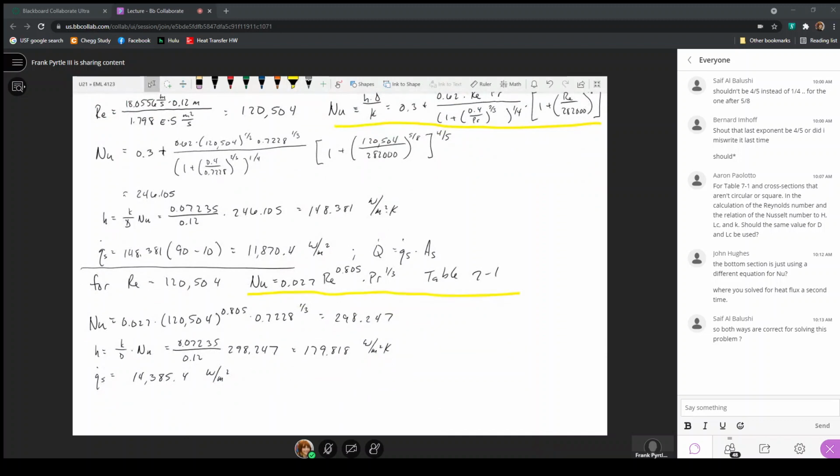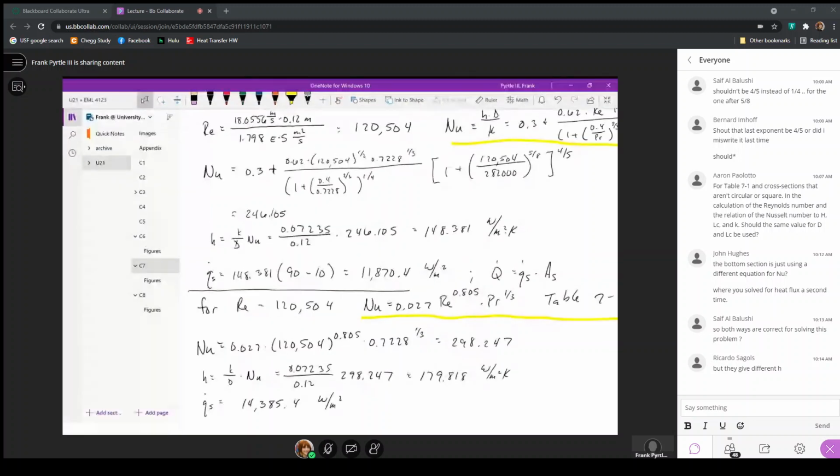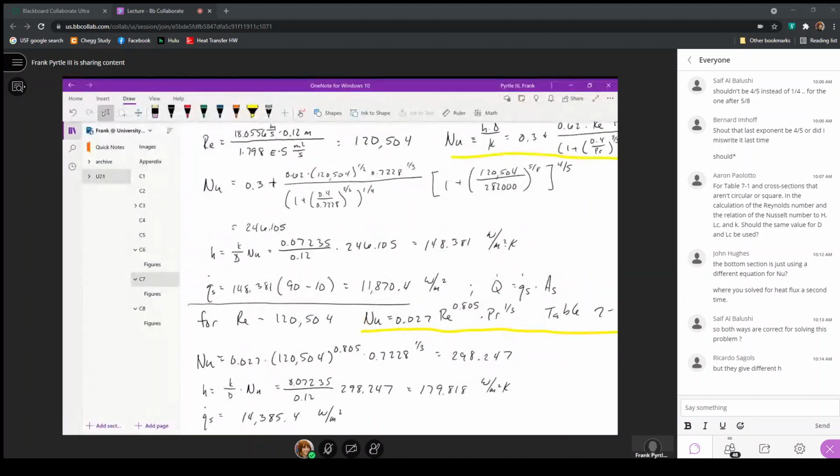Both methods are correct. As I was just going through and saying, it's just a matter of making sure that you refer to the correlation that is used to get the value for the Nusselt number, from which you take the value for the heat transfer coefficient for that particular problem. So whenever working the problem, you have Nusselt numbers that are